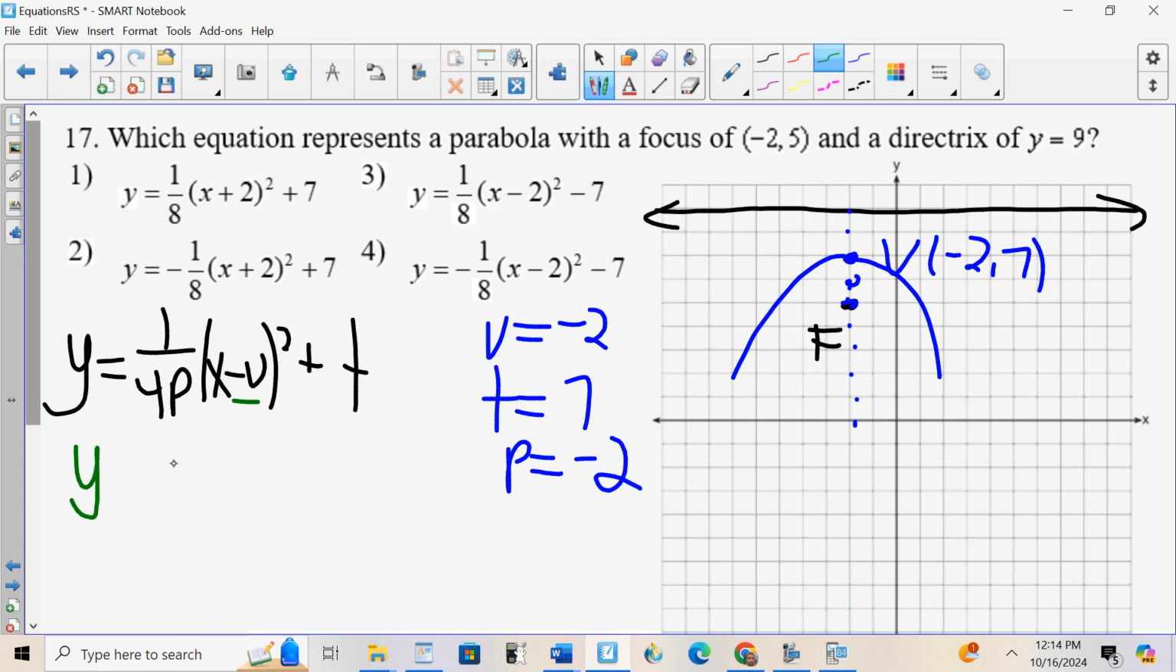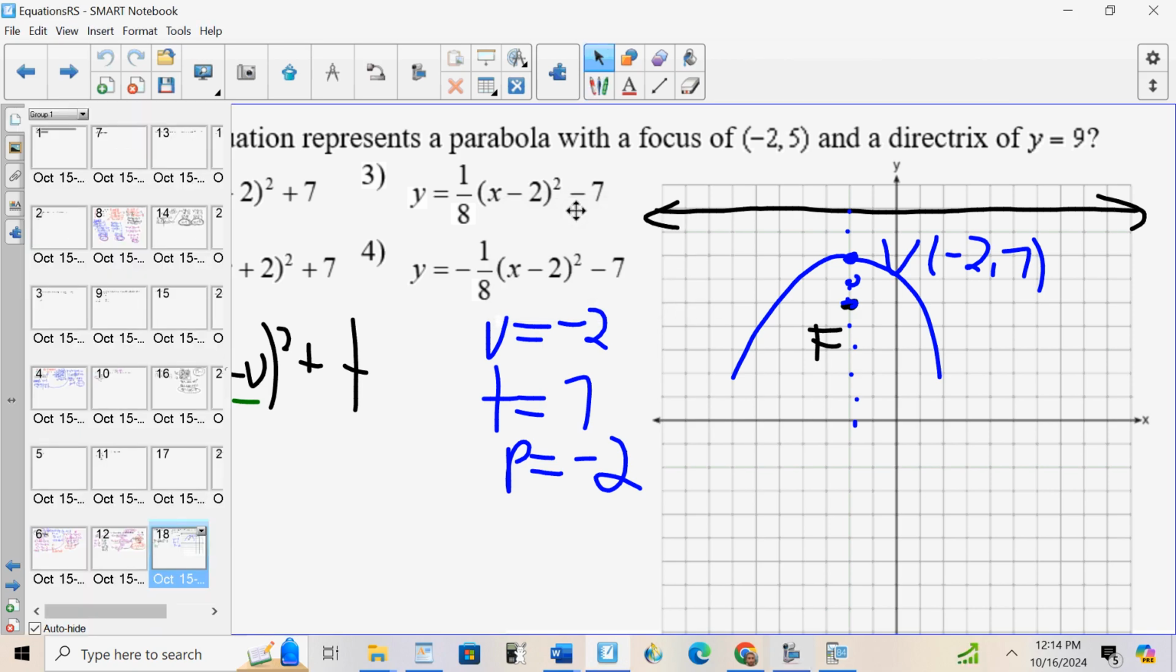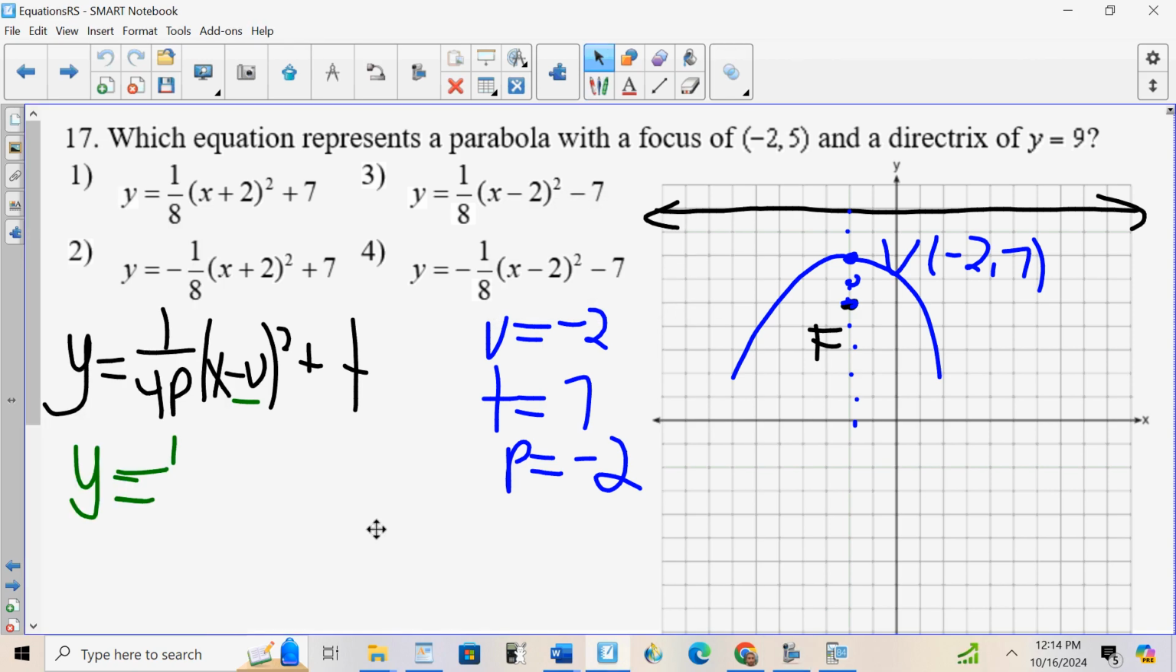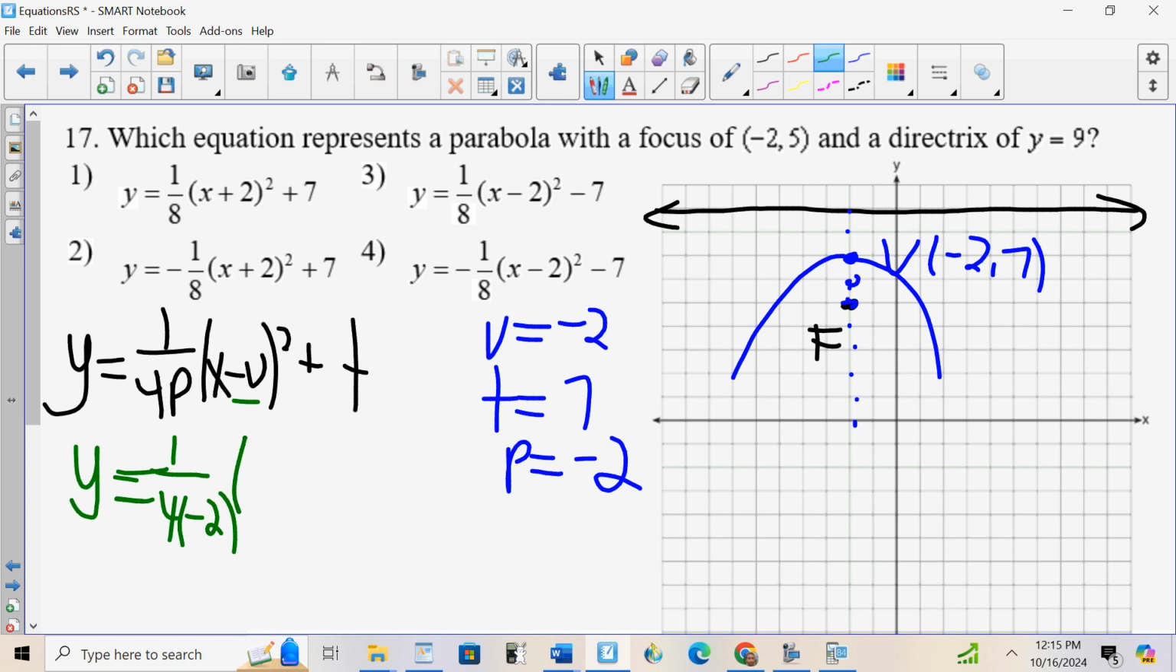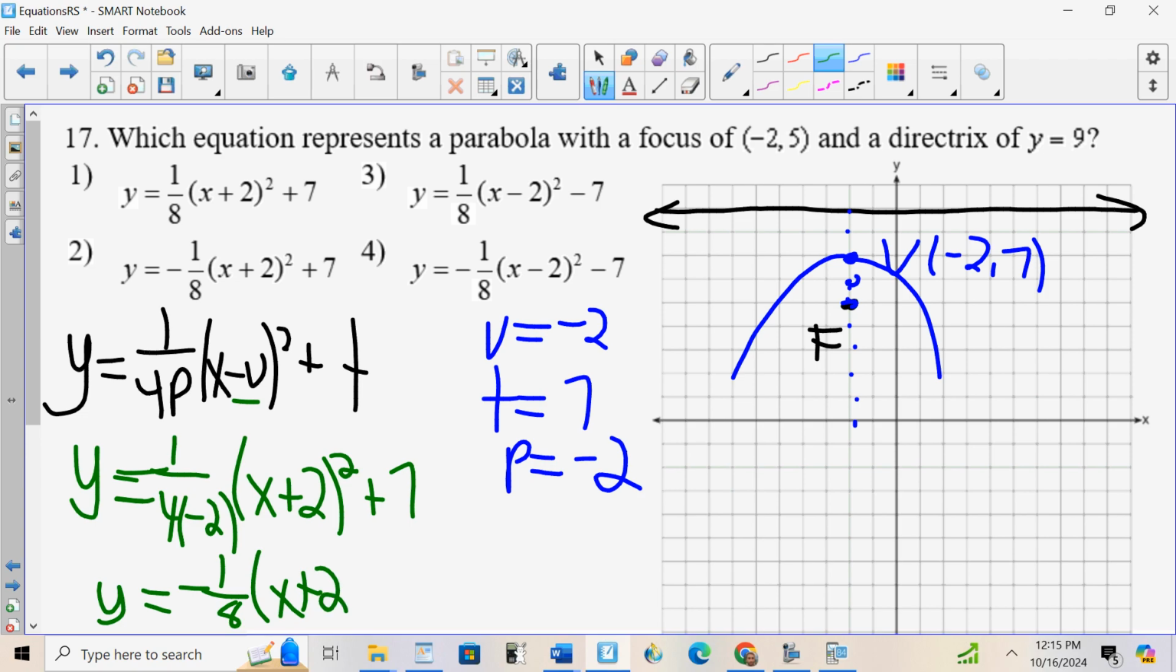Y equals, oh, it froze. I unfroze. So Y equals 1 over 4 times negative 2. X minus V means change the sign of V, so plus 2 squared. Plus T means keep the sign of T, plus 7. 4 times negative 2 is negative 8, so it's negative 1/8. X plus 2 squared plus